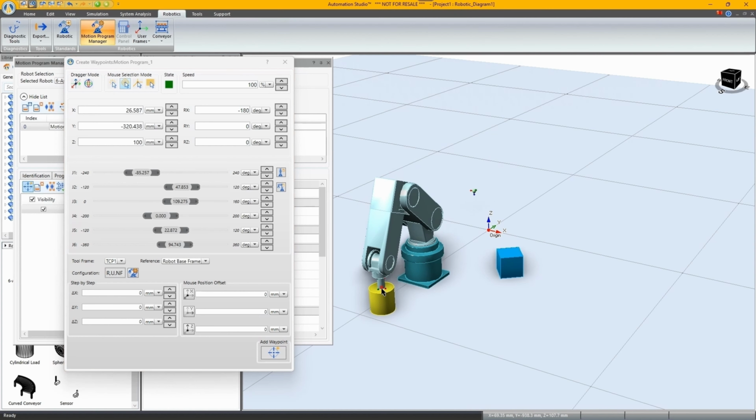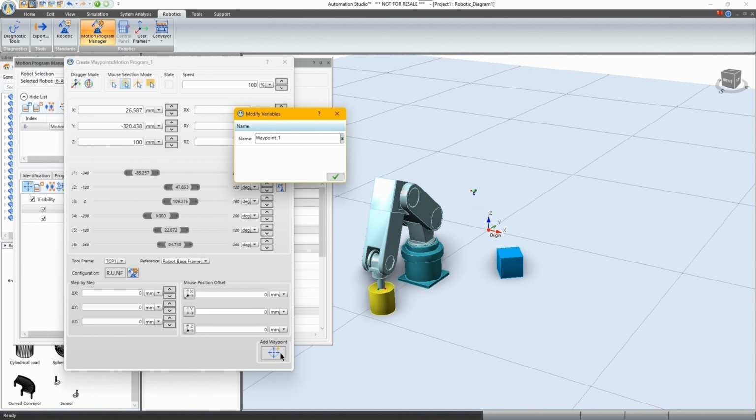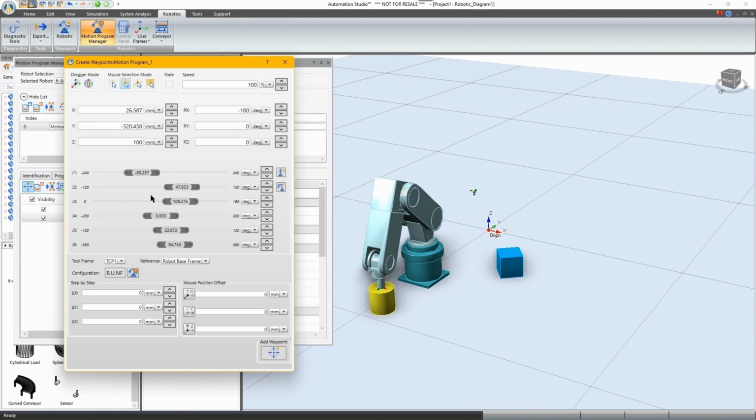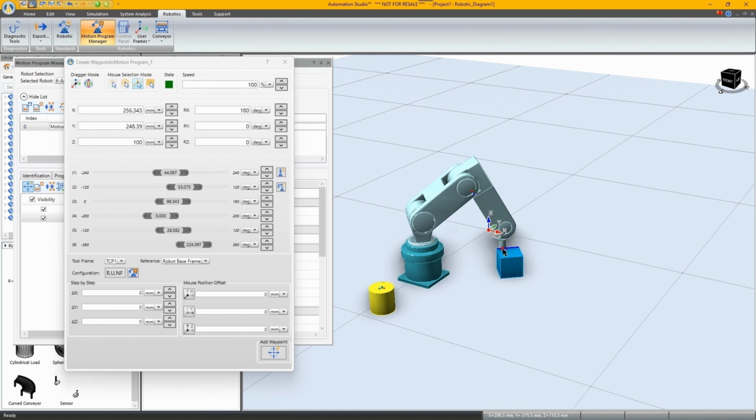You see, that's the center of my cylinder, and I can save this position. Let's call it cylinder. I can also select a point on the edge of the component. For example, I can select my edge on the cube,